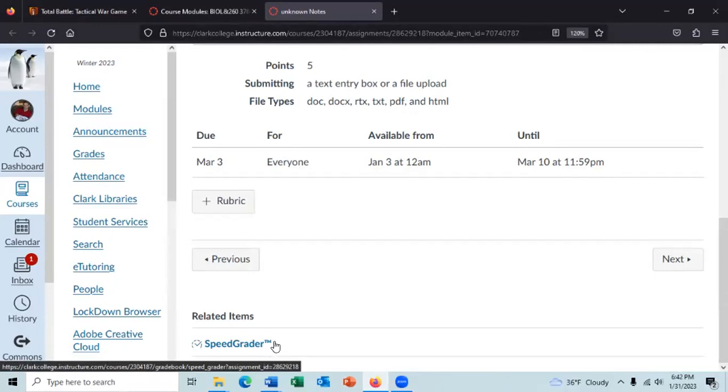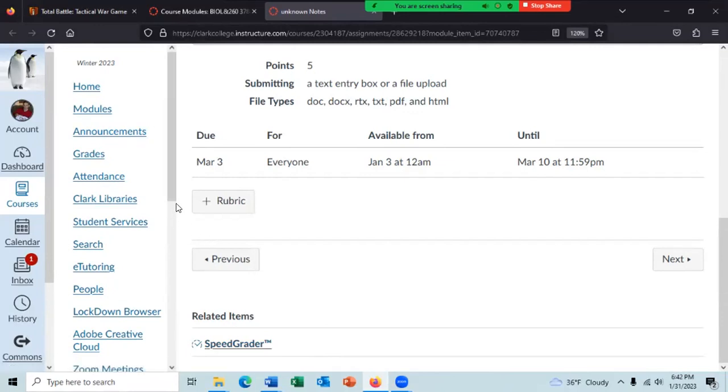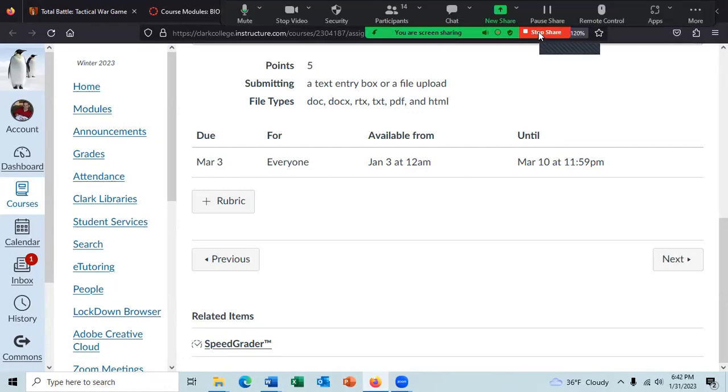Any question about any of that? All right. So all of our future conversation will be in the unknown notes pages. And let me see if I can show you an unknown notes page from a previous student. I'm going to shut this down because I don't want to show private information, but I can hopefully show you an unknown notes page, what it looks like in a previous term.